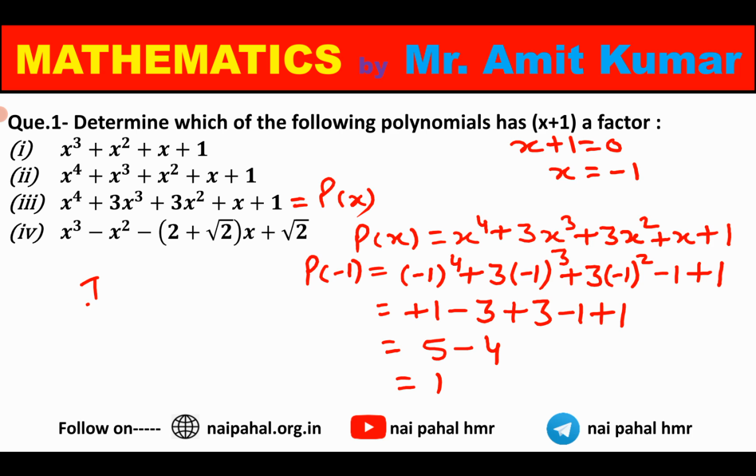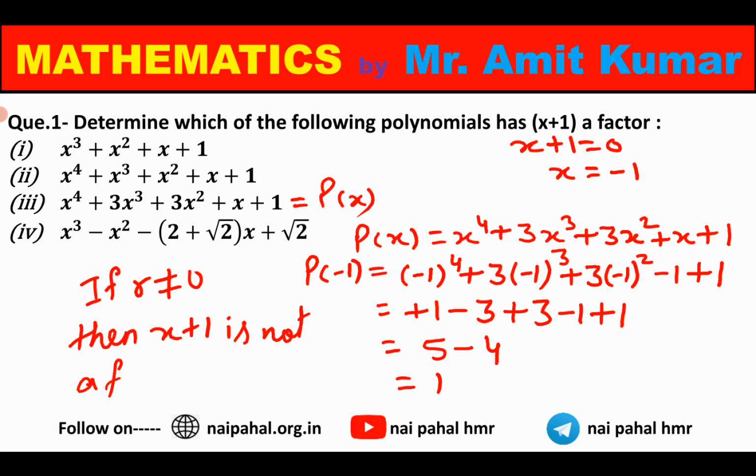Here we can say that if the remainder is not equal to 0, then x plus 1 is not a factor of the given polynomial p(x). It was the third part. Let us continue to the next part,